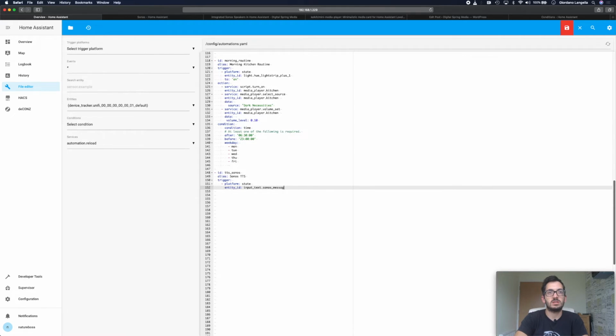So Sonos.message is what you're looking for. Whatever you call this, this will be the name that you'll need to put in as the entity ID. In terms of actions, we're going to call our service, our Sonos Say, the one we created earlier. So we prefix it with script.sonos say,